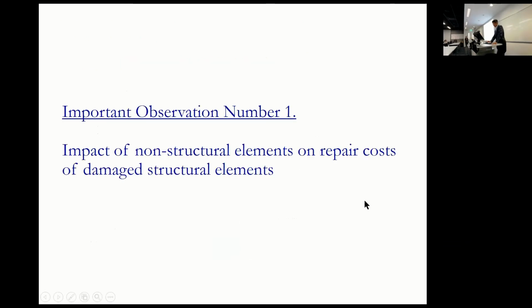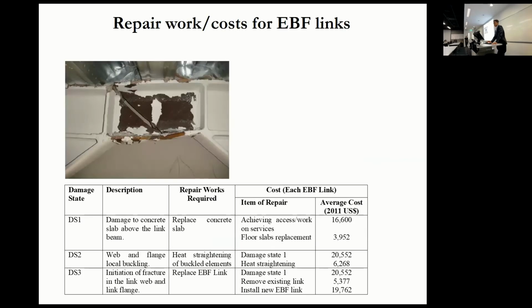So what are the observations I want to make about these results in this study? And there's three. So the impact of non-structural elements on repair costs of damaged structural elements. So this is one of the links in the steel EBF frame. These are short steel elements, part of a longer beam element, where the braces come up and they're designed to